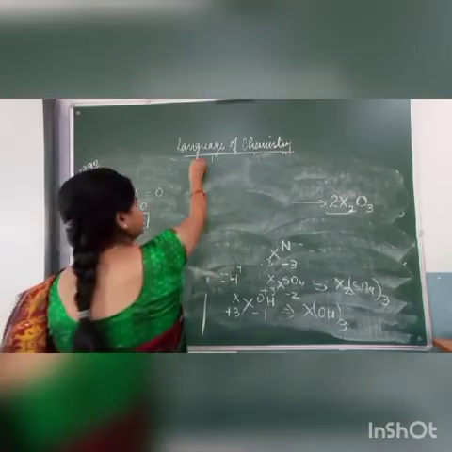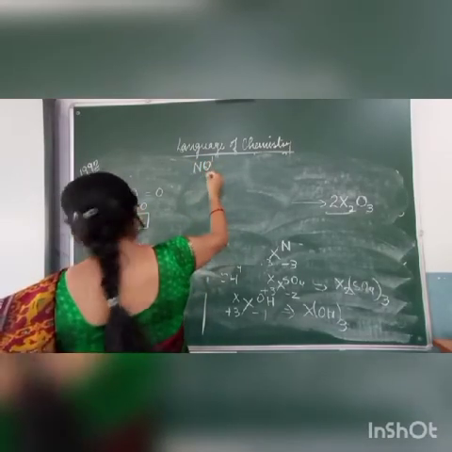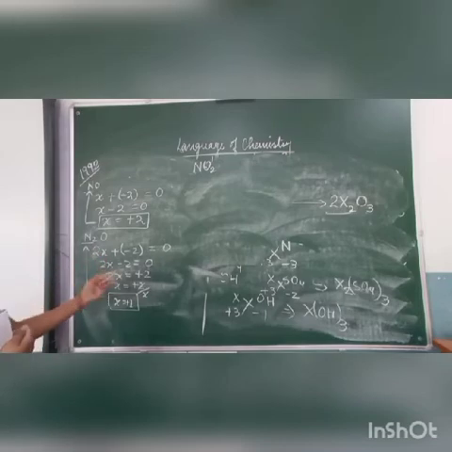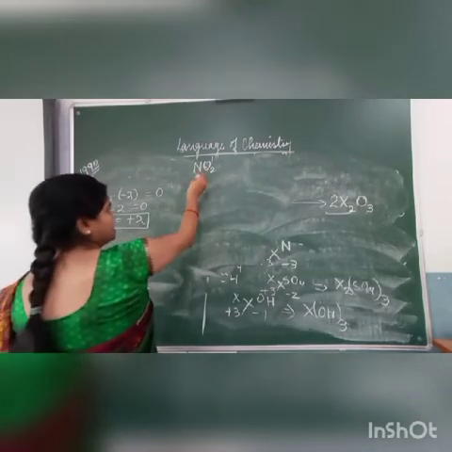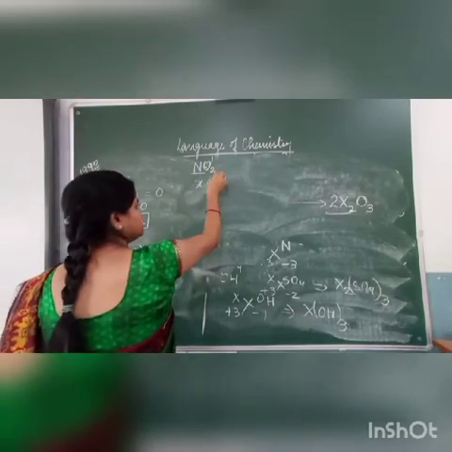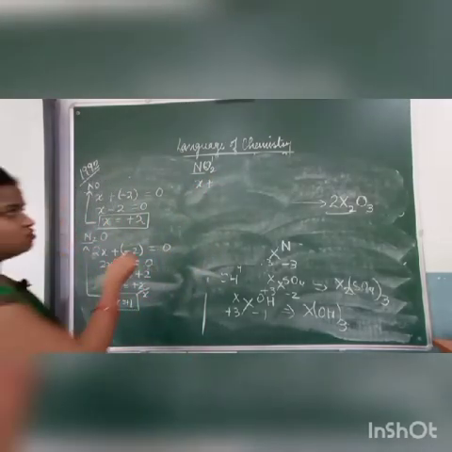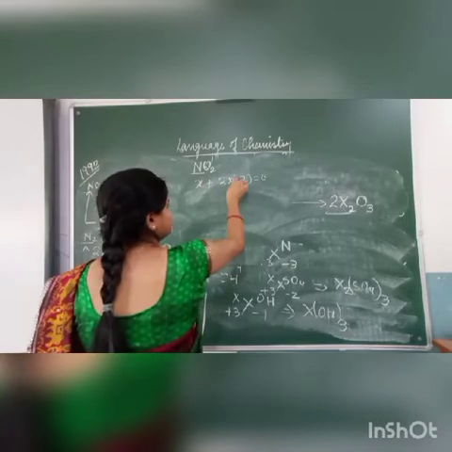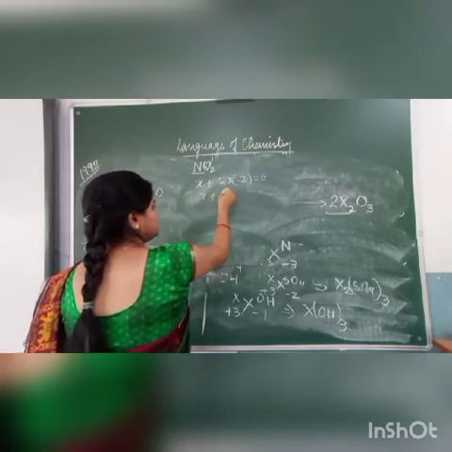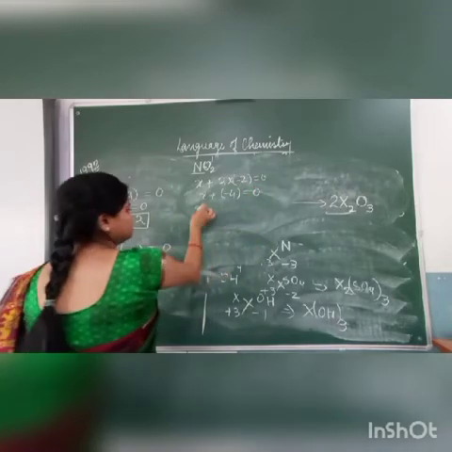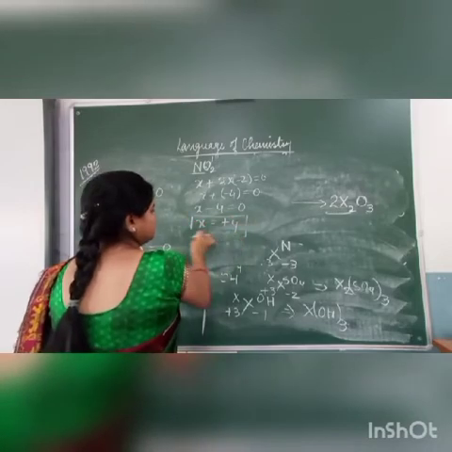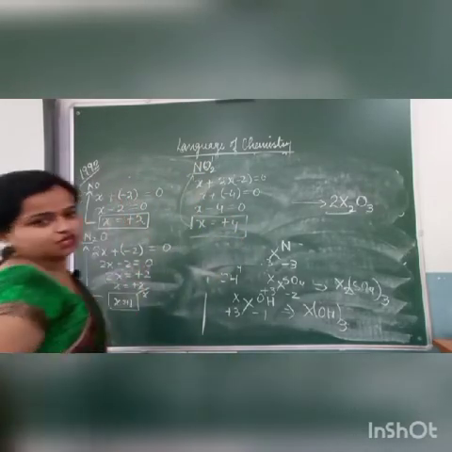Then next it is given NO2. This is clear to all of you? Here is 1X, then 2 oxygen here. Again we have to calculate with respect to N. Earlier there was only one oxygen, here there are 2 oxygen. It means X plus 2 into minus 2 is equal to 0. X minus 4 is equal to 0. X is equal to plus 4. Means here nitrogen is having valency plus 4.